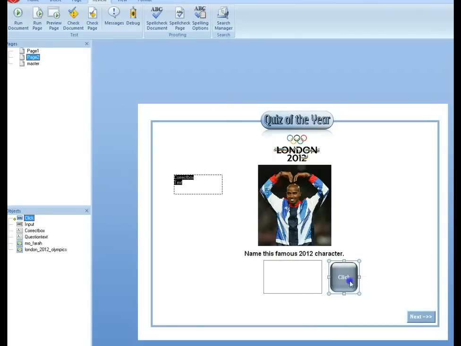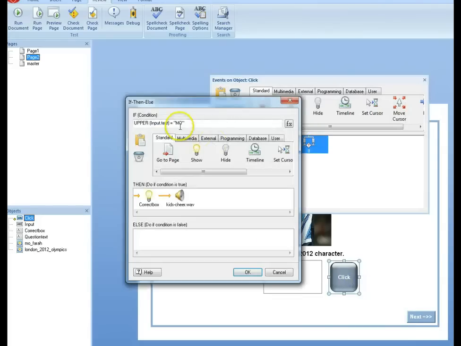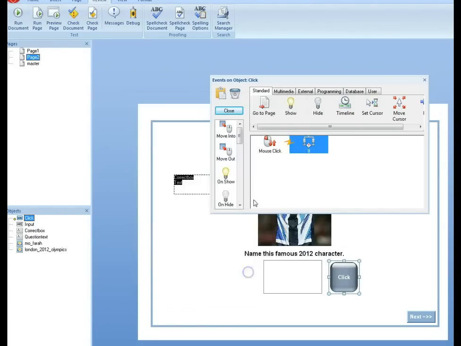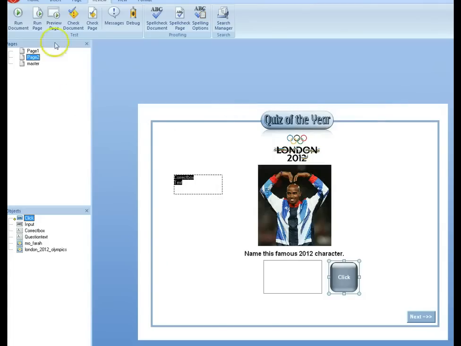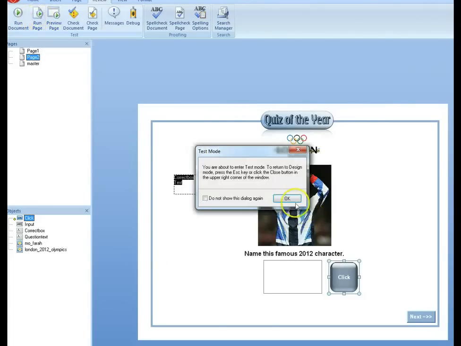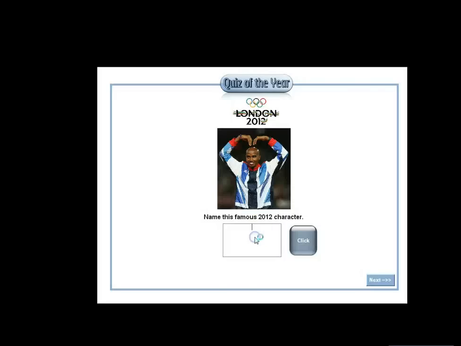What you need to work out also is that if I had put mo down there as m lowercase o or lowercase m and o, then it will get completely confused and won't find anything right. So input text equals mo. Now that means that if I now run the page and type in mo with a lowercase, it still is going to be